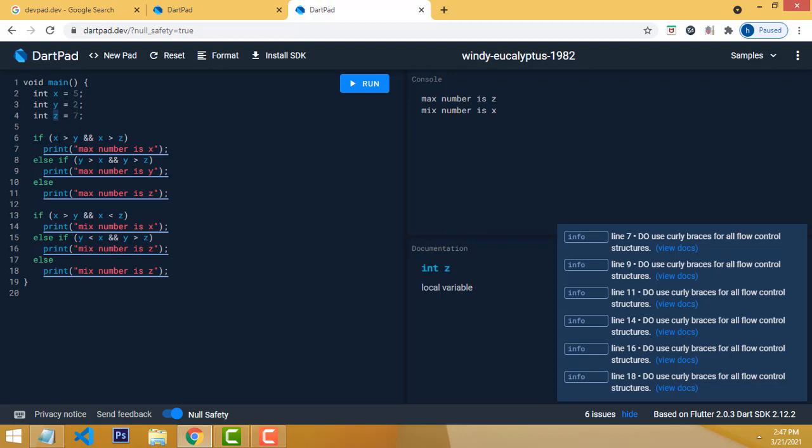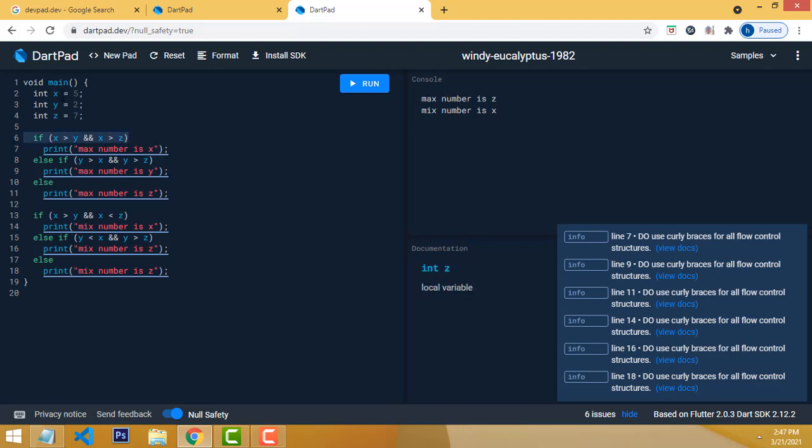Here we have an if condition to check if X is greater than Y. The condition is true, but X is greater than Z, so that condition fails.